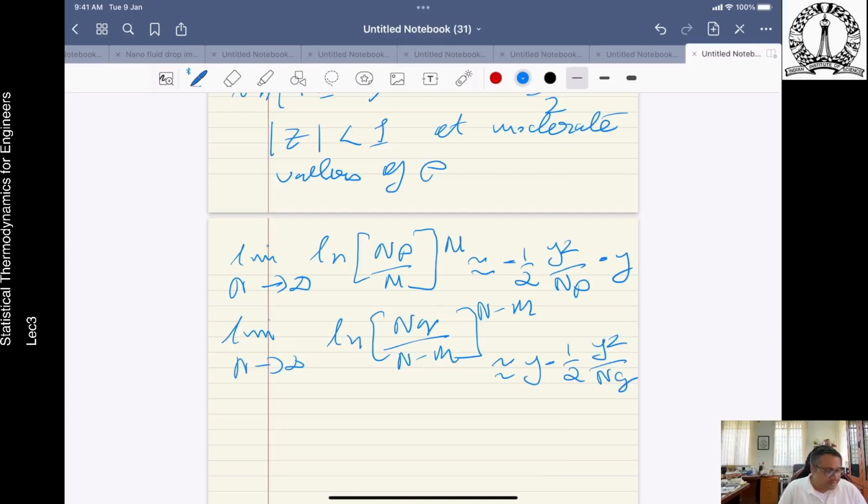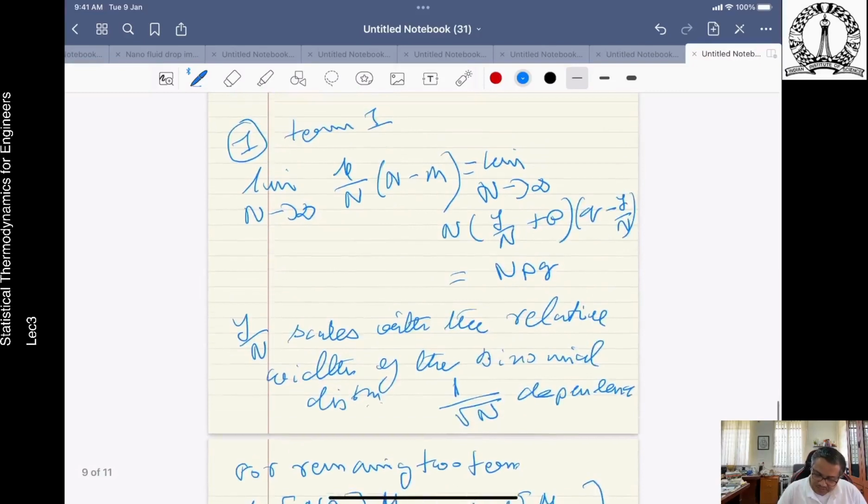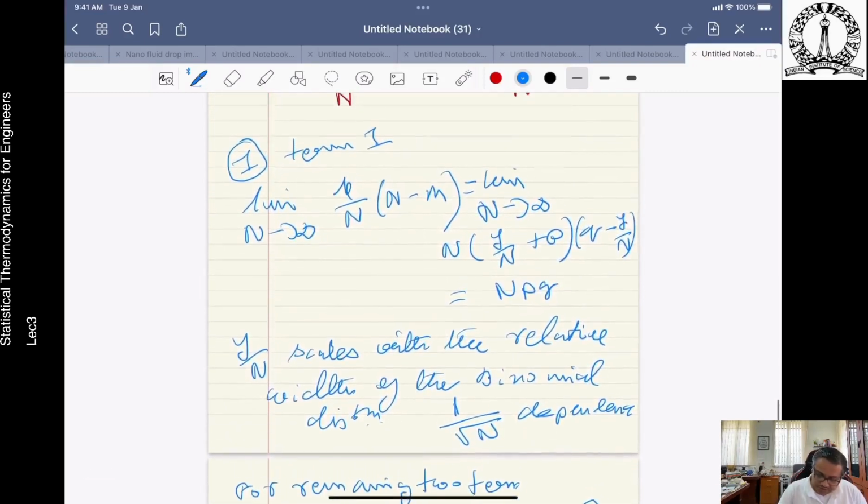Okay. So now, if you substitute all these terms, this term, and of course your npq term, which is basically this particular term,